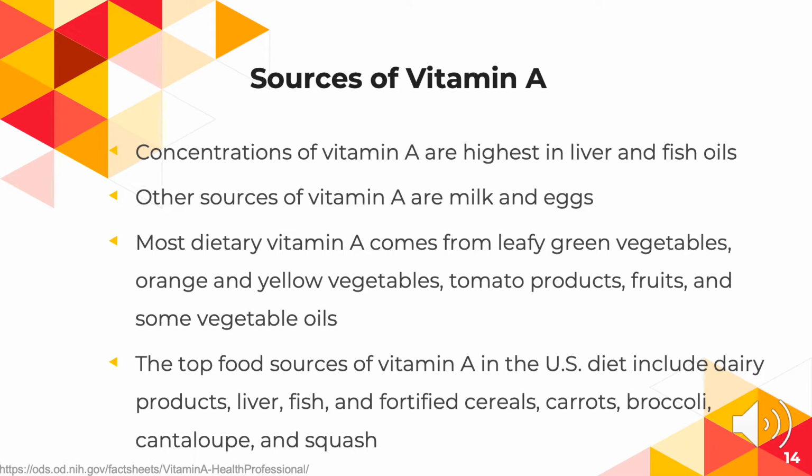Some other sources of vitamin A may include 1 whole sweet potato, 3 ounces of beef liver, half a cup of boiled shrimp, or half a cup of carrots, 1 piece of pumpkin pie, half a cup of cantaloupe, half a cup of peppers, 1 whole mango, 1 cup of black beans,